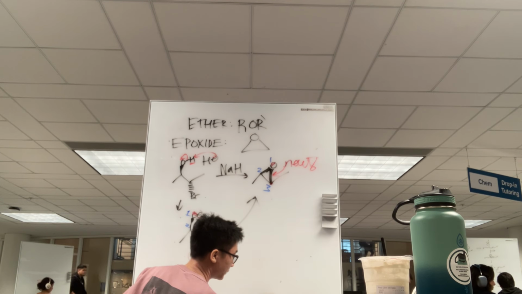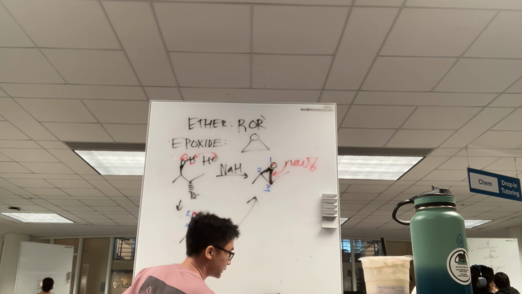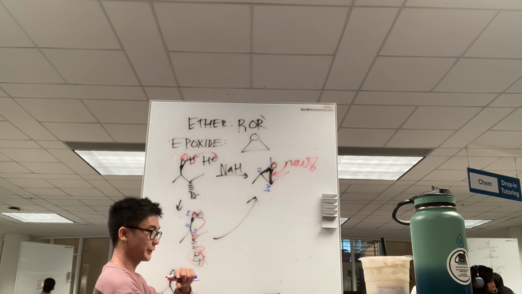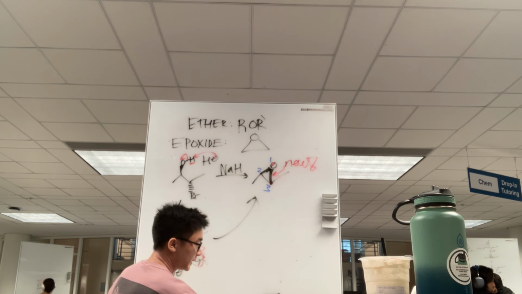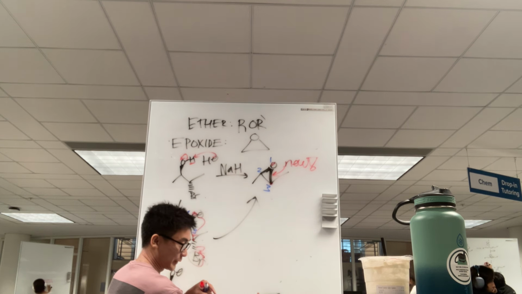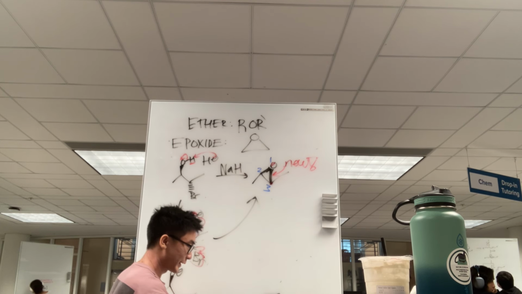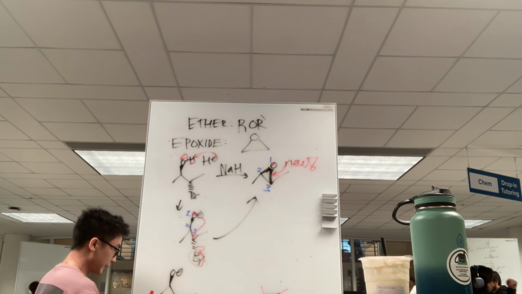This is going to be unstable, where one bond is a wedge and one bond is a dash, because it's kind of weird. This bond is going out of the board toward you guys, and this bond is going into the board away from you guys, so it's going to be very weird. We want to avoid this right here. We want both bonds to be both wedge or both dash, and to do that, we see